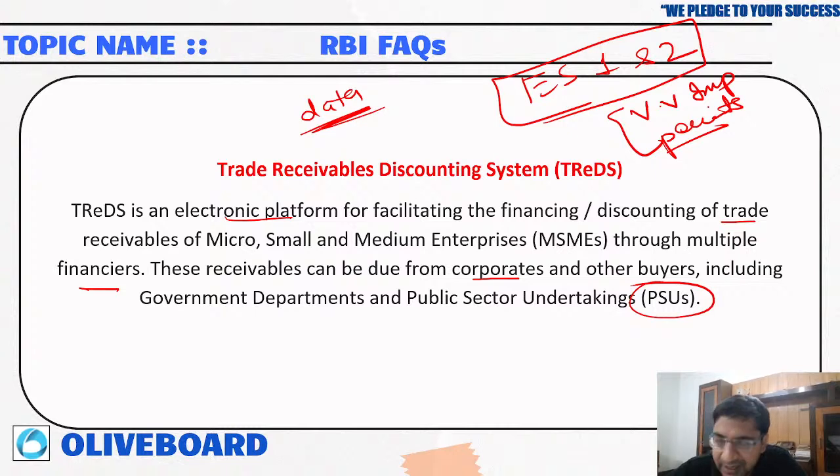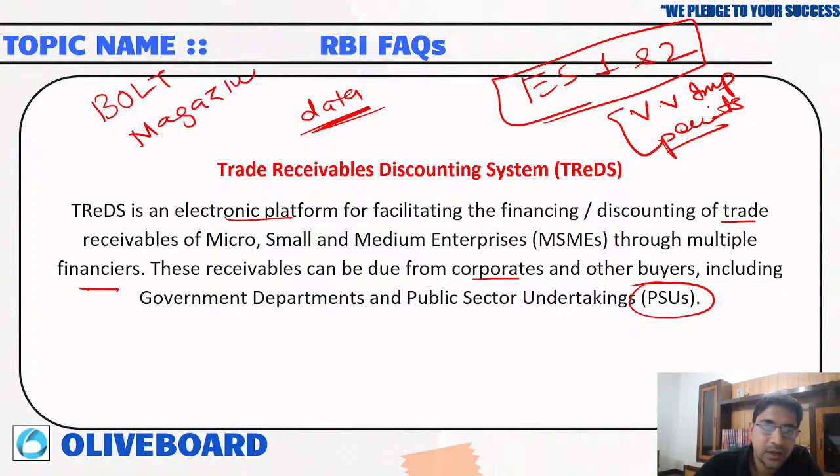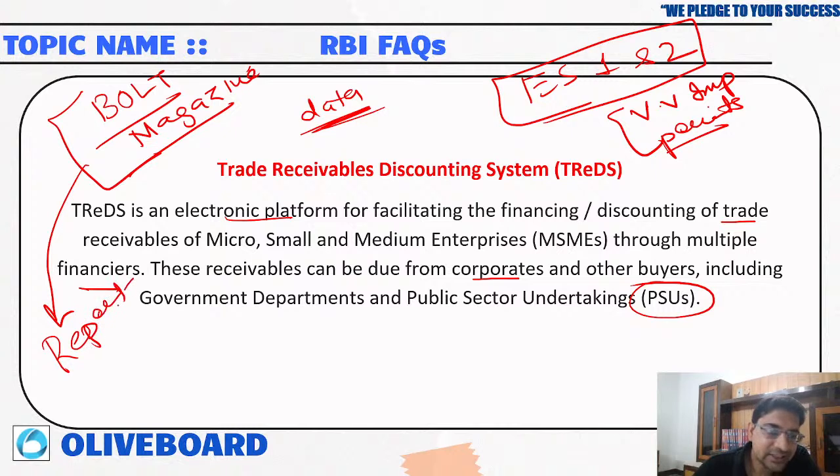See, Arti, there are various types of financial institutions. We have already covered all these things in our Bolt magazine. Please go there. Under that Bolt magazine, we have discussed various reports, and you should know what is important in that report. Never read a report in full, because these reports run to hundreds of pages. It is not necessary to read the full report. You should read only the briefing of the report.